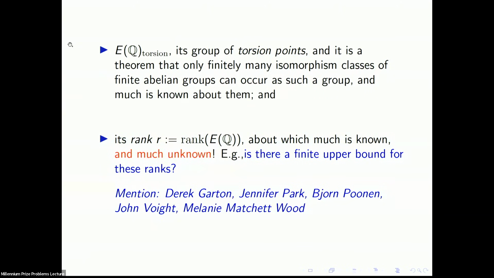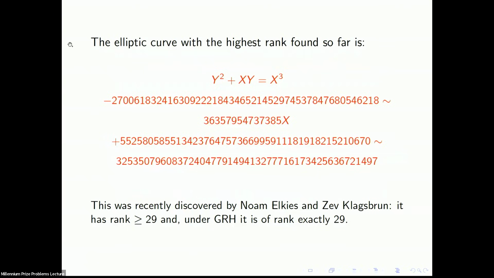For example, is there a finite upper bound for these ranks? And there is a conjecture of the people in the two blue lines at the bottom of this screen. And that paper is really interesting. Take a look at it. The elliptic curve with the highest rank found so far is this thing in red, which I'm sure would have amazed Birch and Swinnerton-Dyer, who in the 1950s did their computations where, I don't know, I don't think there's anybody in this room who did computations in the